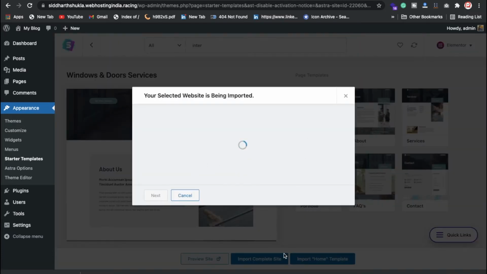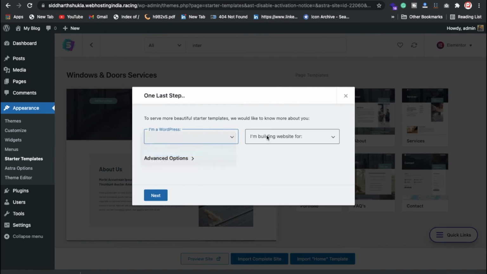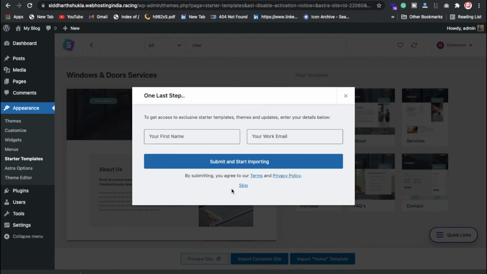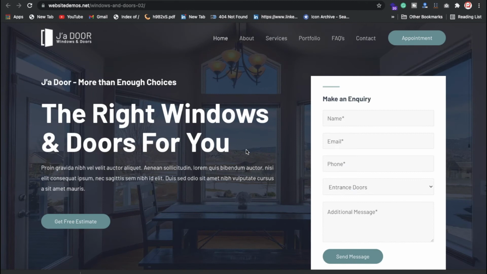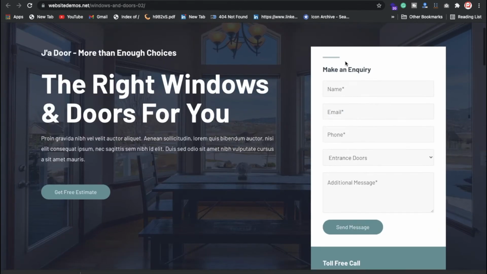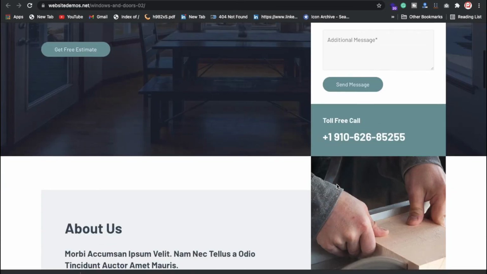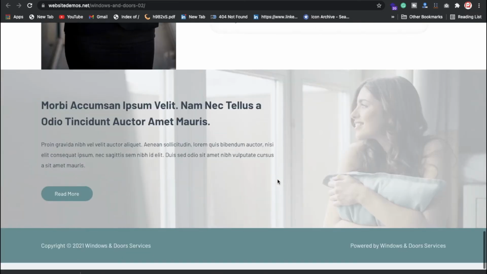So I'm going to click on import sites. Here you can select whatever experience you have. If you want to put your email ID or name, of course you can, but I don't want to put it here, so I'm going to click on the skip button. You can check how your website will look, exactly like this. I will also explain how you can change the logo, the menu, the button name, whether to put the button or not, and how you can change the form if any additional field is there. Of course, I'm going to explain everything in this video.